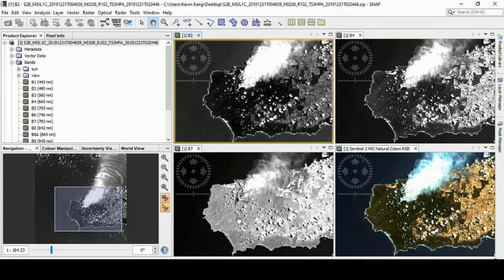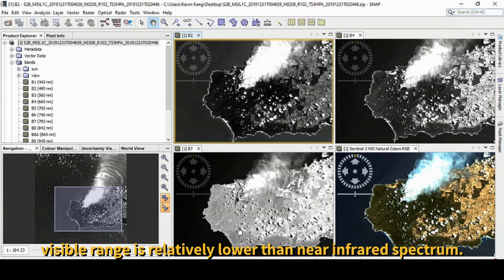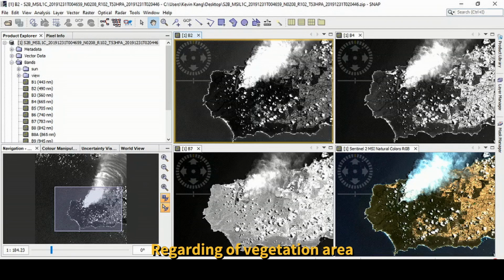However, in the case of the spectral reflectance of vegetation, the visible range of blue, green, red is relatively lower than the near infrared, because in the vegetation area, green and especially near infrared is relatively higher.